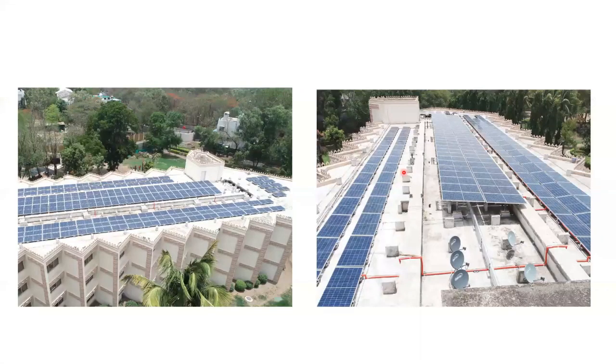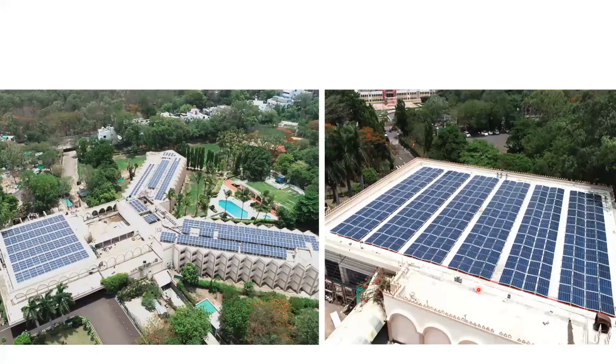So actually the selection of structure depends, first of all, on the location of the project and how much capacity you want to install. For example, if you want to install more capacity, in this particular case, if you go for this type of structure, the total capacity will be very less. But with this low elevation ballast type of structure, the total capacity of the system is more.